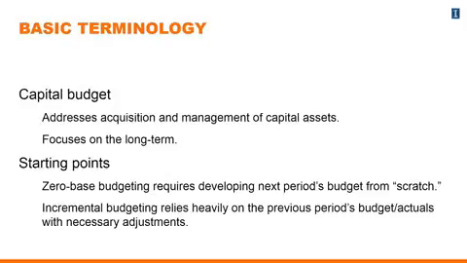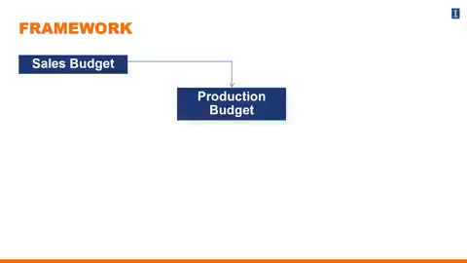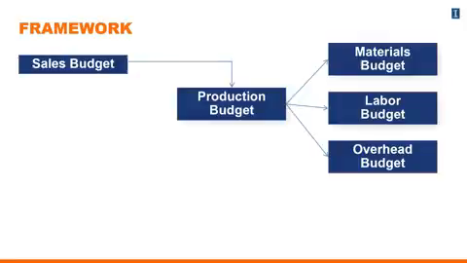In terms of thinking about a framework for budget, usually budgets start at the sales level. That's usually the driver for the overall master plan that the firm develops. The sales budget ultimately allows the firm to create the production budget. However many units or hours of service the company plans to sell creates the need to produce those units. The production budget is broken down into several components. In a manufacturing environment, we can think about a materials budget, a labor budget, and of course the overhead budget.